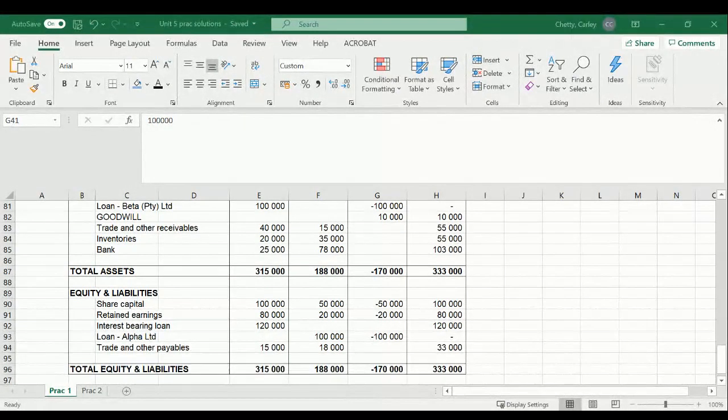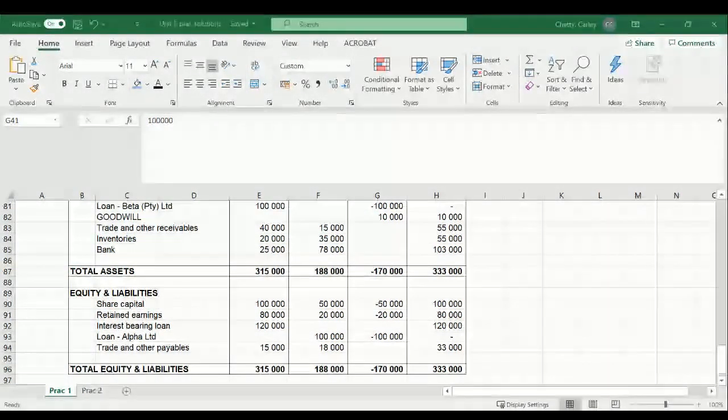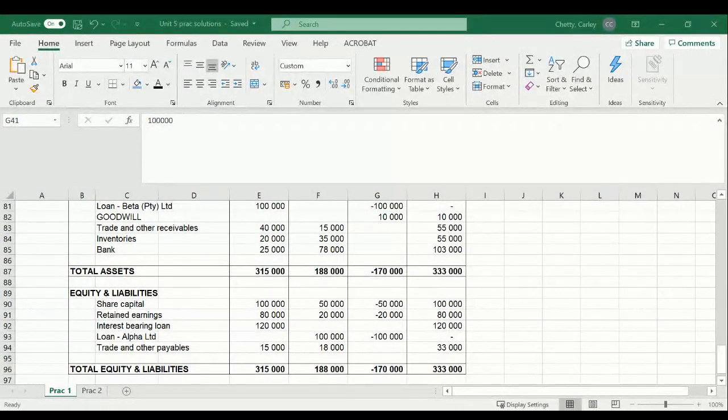But in beta's separate financial statements, it will show this loan owing to alpha of 100,000 Rand. But in the consolidated financial statements, this loan balance will be 0 because it is an intragroup loan. It is eliminated on consolidation. Okay. Then,